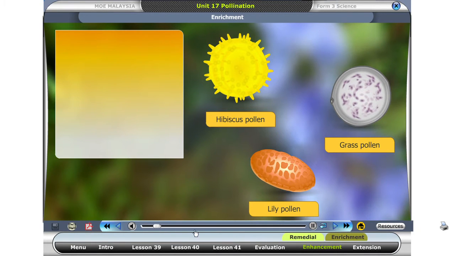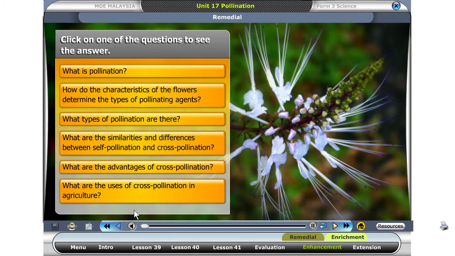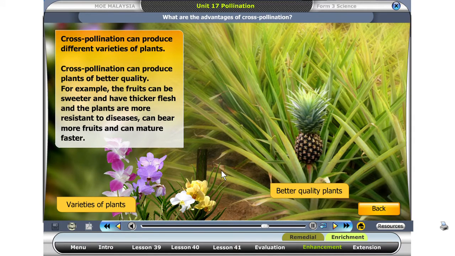Pollen grains provide interesting information about. Click on one of the questions to see the answer. What are the advantages of cross-pollination? Cross-pollination can